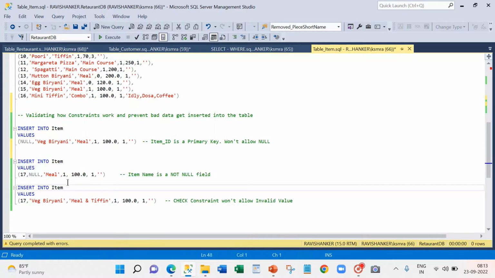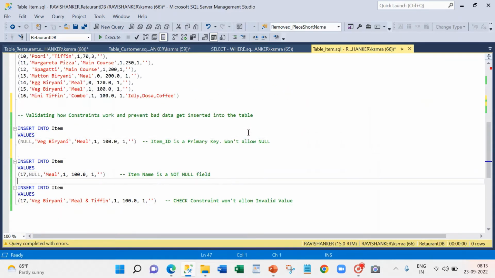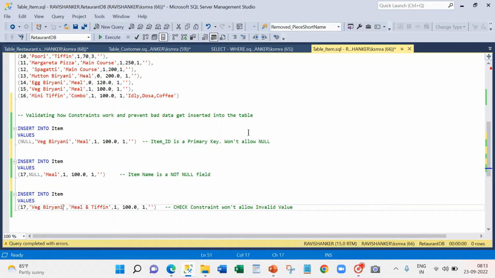And one more example is check constraint. If you remember check constraint, I'm only allowing items of type tiffin, snack, starter, meal, and so on, right? So suddenly, if I try to insert an item with meal and tiffin, the name is totally different. It is not in the allowed list, right? Check constraint specifies the allowed list of values. But if I give any name,